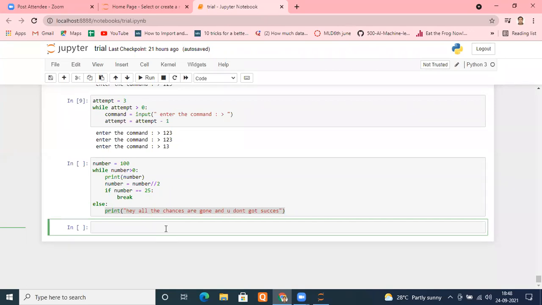But how he comes out matters. If he comes out through success, in the first, second, or third attempt, then nothing needs to be printed. But if he comes out after all the chances given to him and didn't succeed, he came out of the loop forcefully, meaning all the attempts were wasted. Then we have to print: your 3 attempts are wasted, please try some other day. The task is clear. What is to be done?